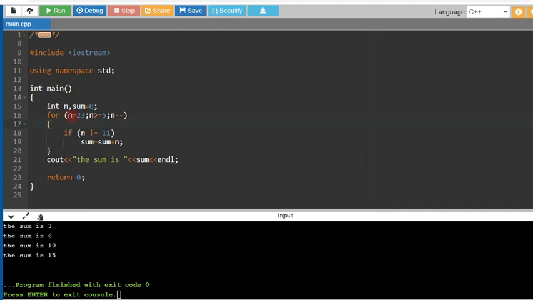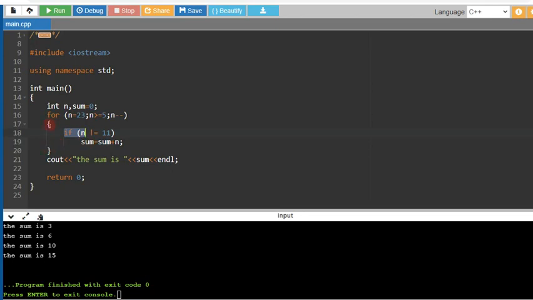That's why when the loop starts here, it checks and goes minus minus. It checks here whether n is not equal to 11 or not. If it is not equal to 11, then it will take the sum and continue with the loop. When it becomes 11, at that time it won't find the sum and it will continue on its own.